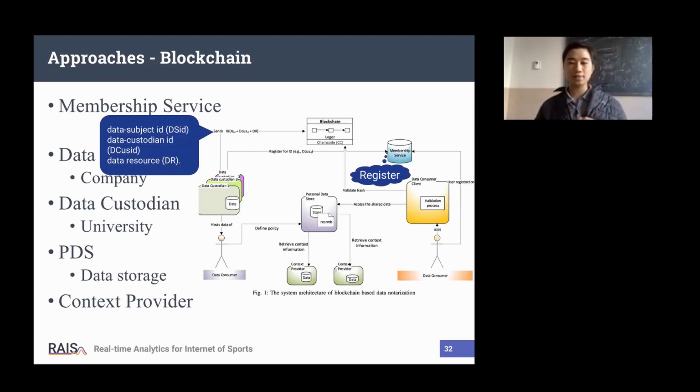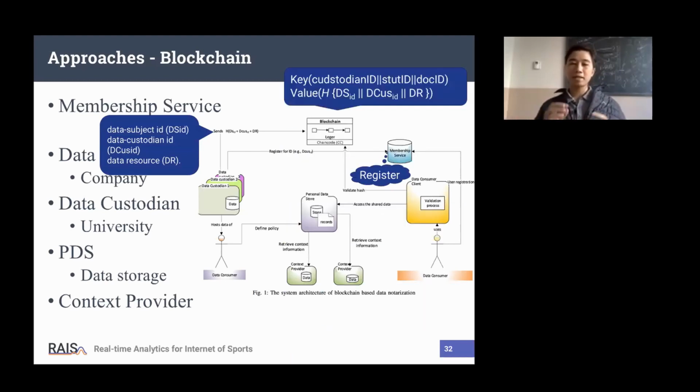First, the data subject, some kind of record or activity outline of Alice, and the data resource, including the ID of the custodian who created this data. They store all information as a pair of key and value. The value is the hash value of the DS ID, meaning data subject ID, the DC, data custodian, and the data resource.